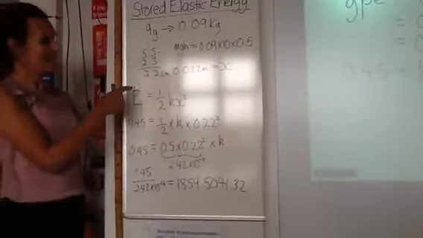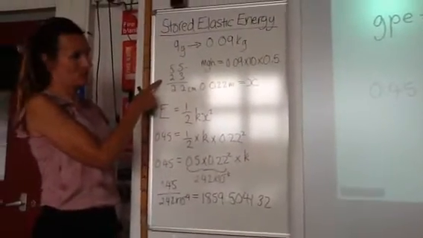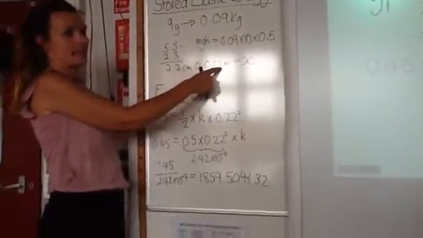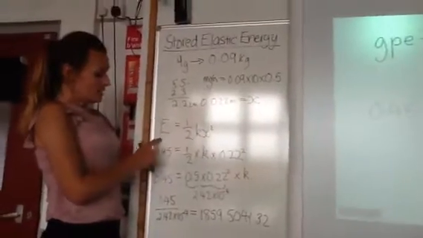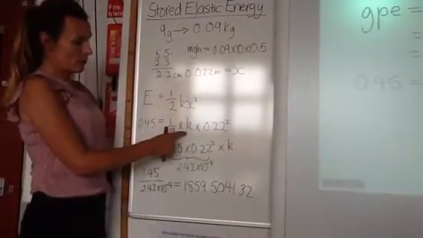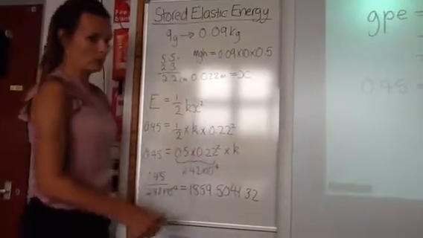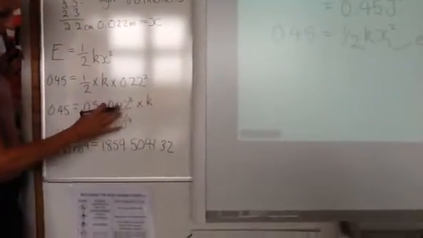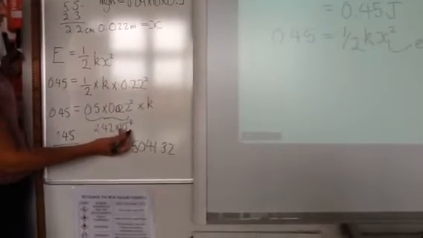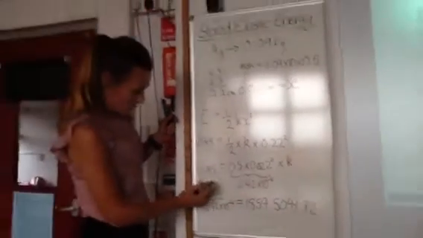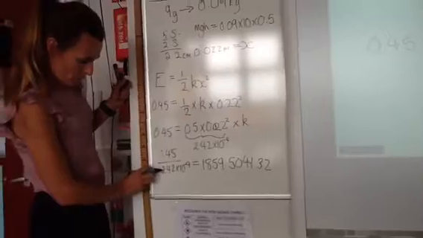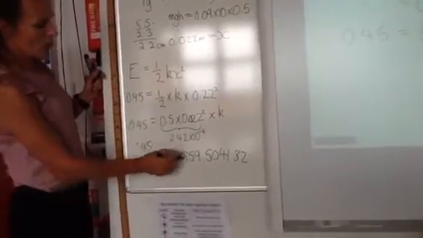So I had, my extension was 5.0 minus 2.3, which gives you 2.7 centimetres, which is 0.022 metres, and that is your x. The energy, which was 0.45, is a half times the spring constant k times 0.022 squared. I did put it in when I did my calculations. So when I put that in my calculator, on this side, I got 2.42 times 10 to the power of minus 4. So then you have to divide 0.45 by that. So I did 0.45 divided by 2.42 times 10 to the minus 4, and I got